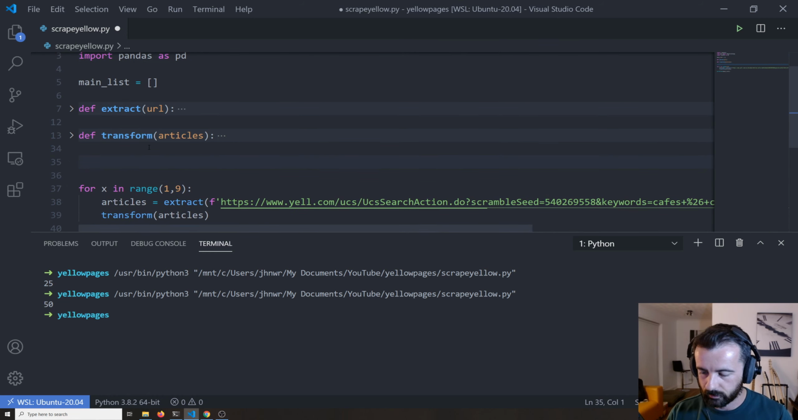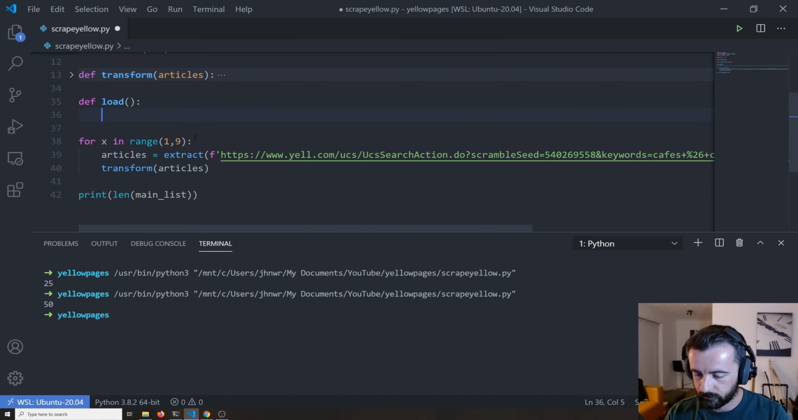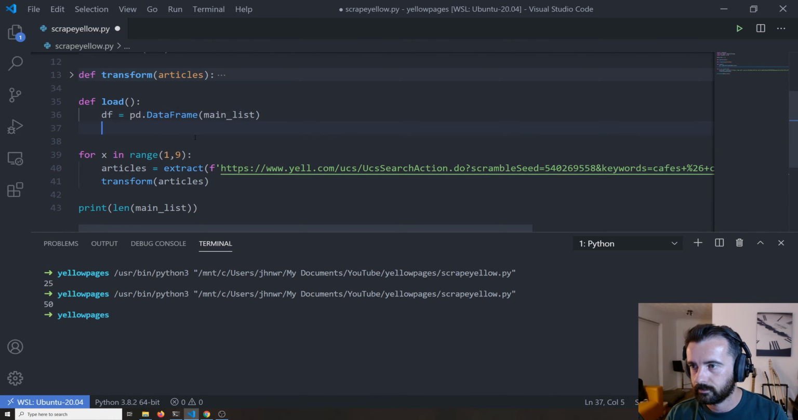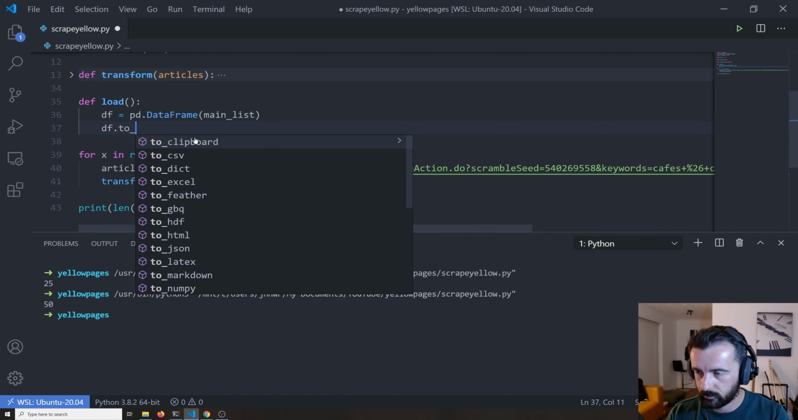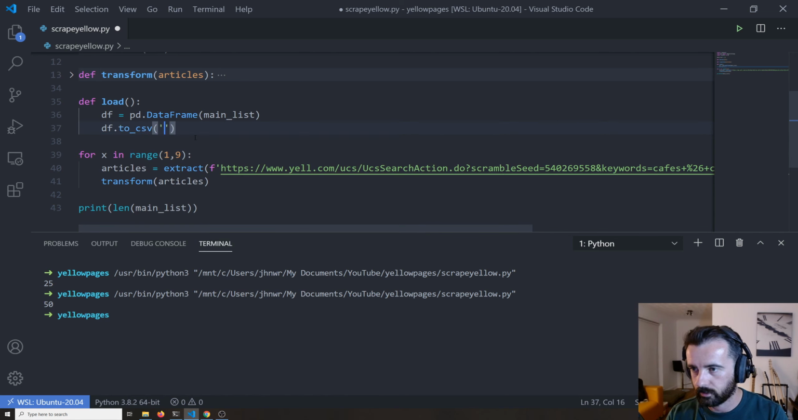function here, and we're going to call this load, and we don't need anything to pass in there. We are going to do df for data frame is equal to pd.DataFrame with the capitals, and we're going to give it our main list. So that's just going to load our main list into a data frame, makes it nice and easy for us, all tidy. And then we're going to do df.to_csv, and we're going to call it